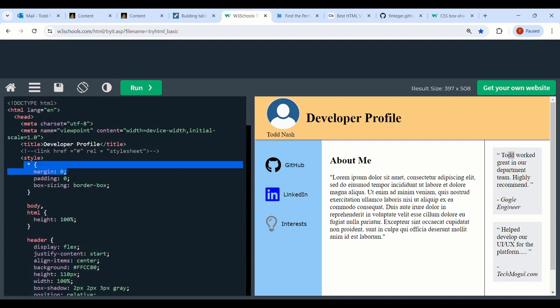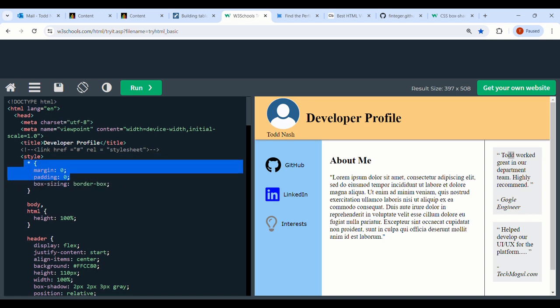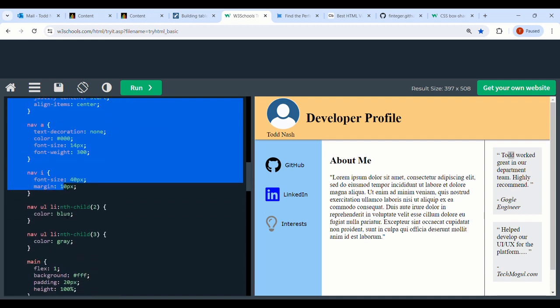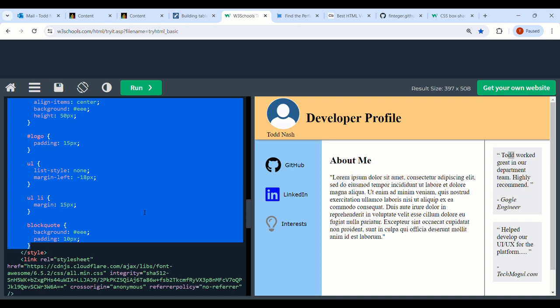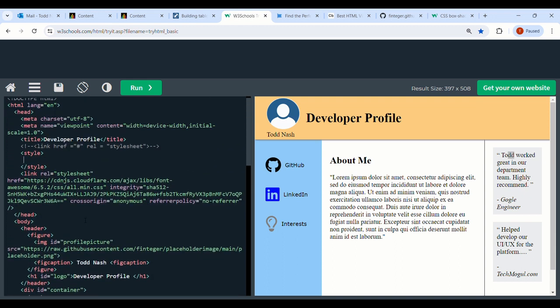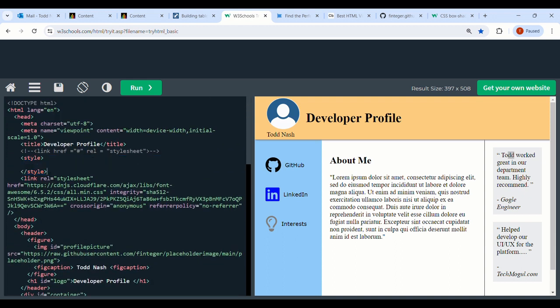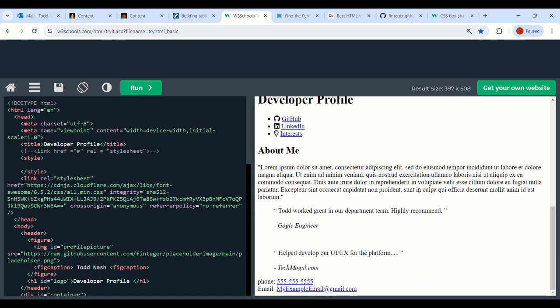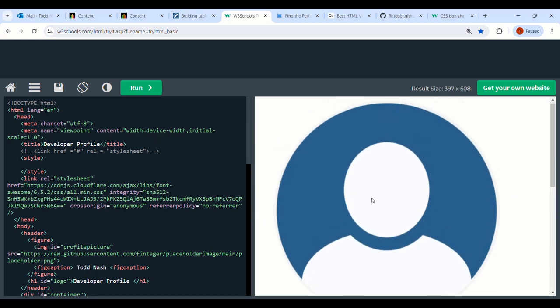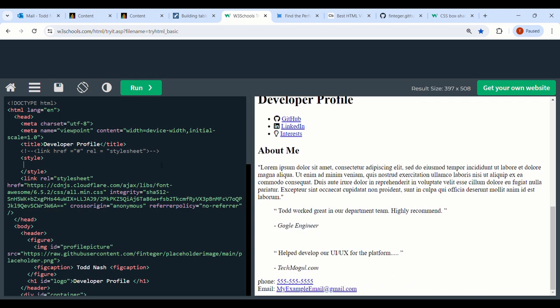So the first step I want students to do is find the style tag, the beginning style tag, and highlight everything in between it. Don't delete the opening and closing style tag, just delete the CSS. So we still have those style tags, and if you run it, our web page just goes back to lunacy because we have no CSS. But to address that,